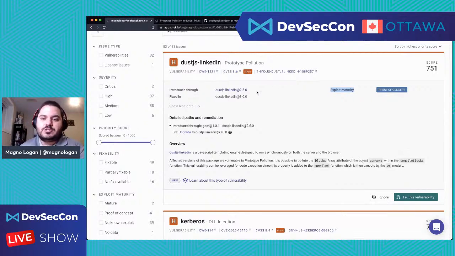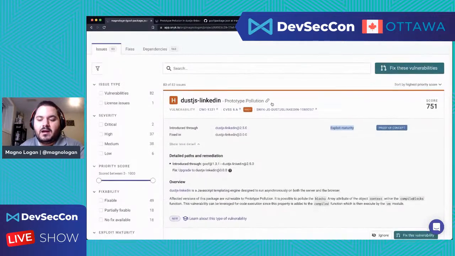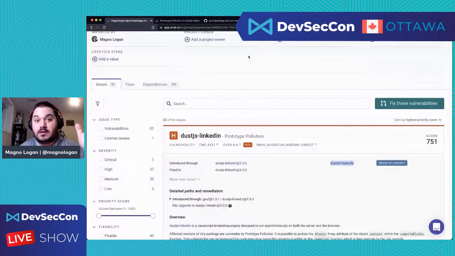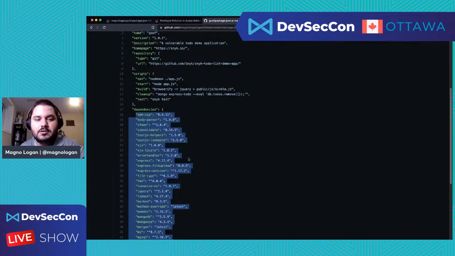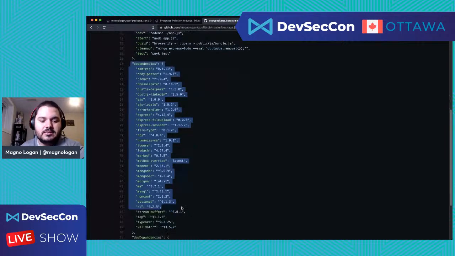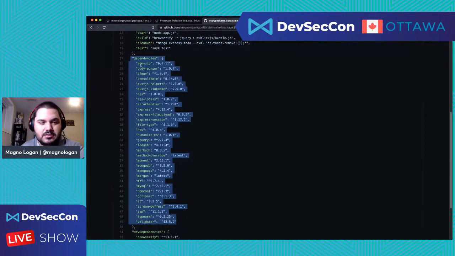Okay, I know that we're almost out of time here, but before we wrap up, I just want to show you how this project has a lot of indirect dependencies. Remember that I mentioned the Synopsys research, which talked about 528 dependencies, direct and indirect ones. So let's take a look. The direct dependencies on this project are these ones, which is roughly 31 dependencies.